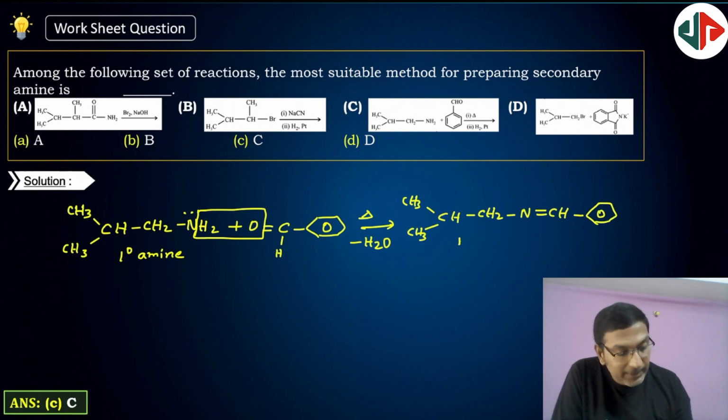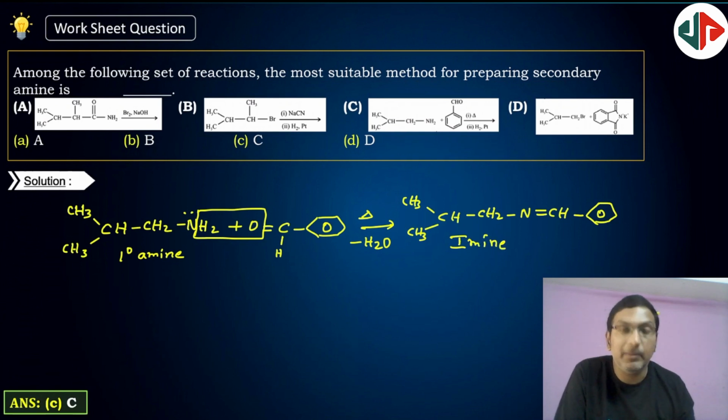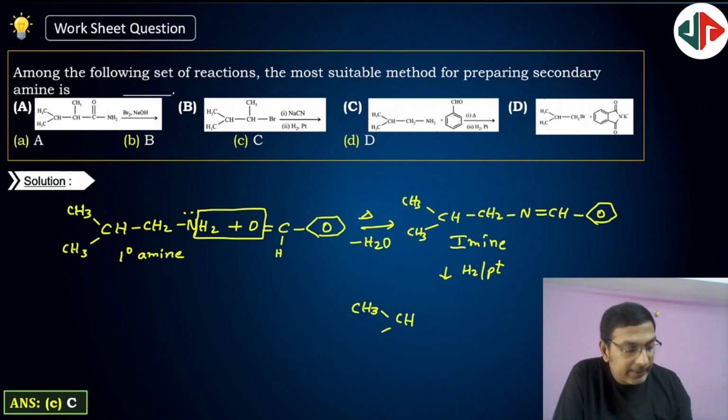So this will be known as imine, which is intermediate compound. So this on reduction with H2 in the presence of Pt, catalytic reduction, it will form